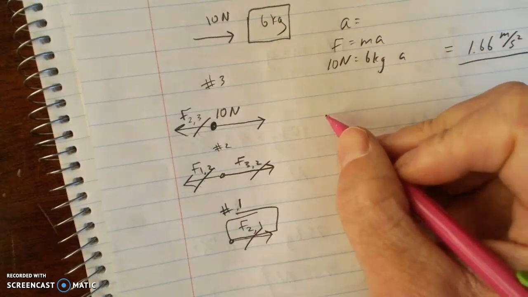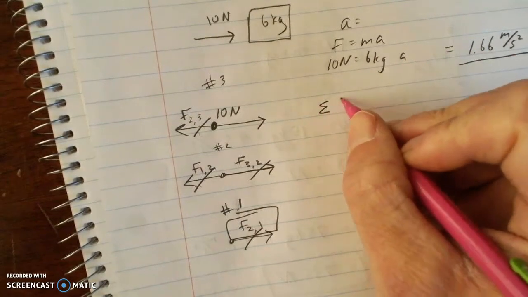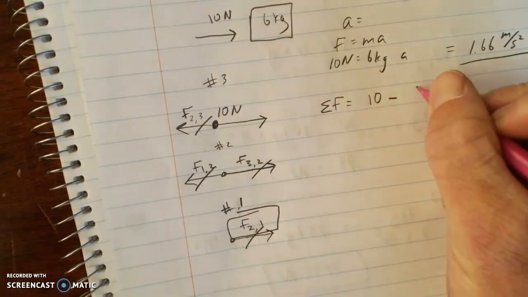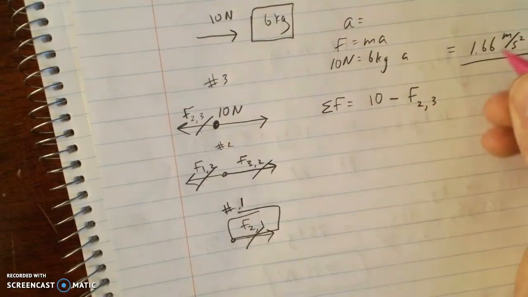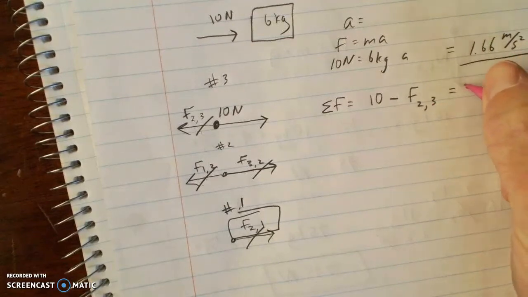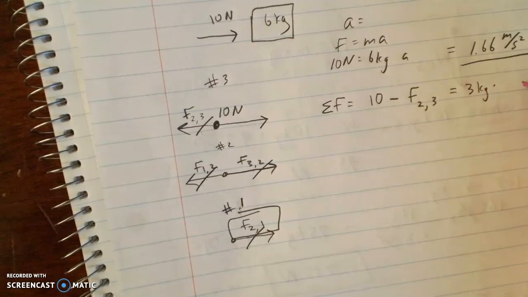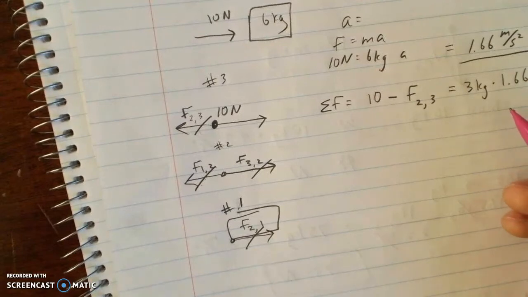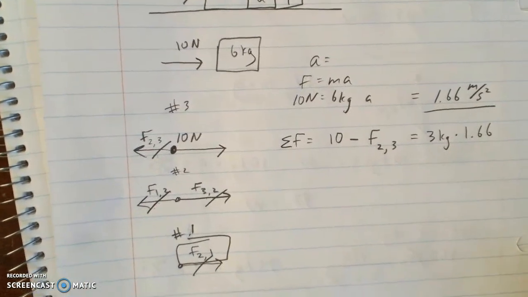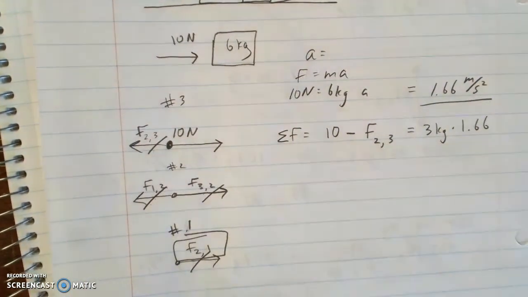We're going to say that the net force on block 3 is equal to 10 newtons minus the force by 2 on 3. And that is going to equal the mass of block 3, which happens to be 3 kilograms, multiplied by its acceleration of 1.6. So now I'm treating each block independently instead of treating them as a system like I did in the beginning of this. So 3 times 1.66